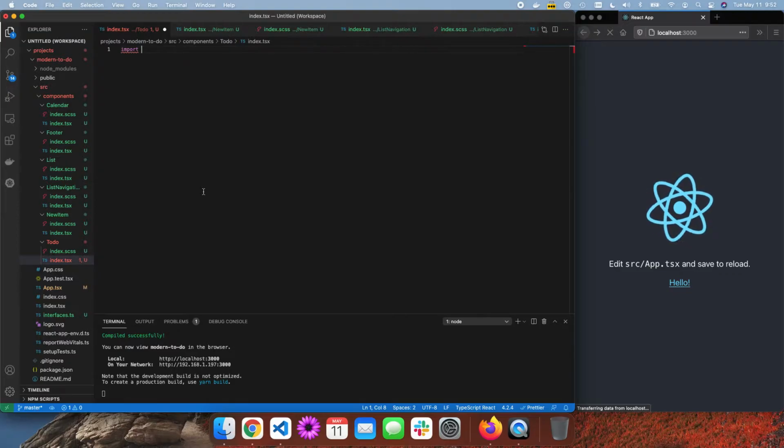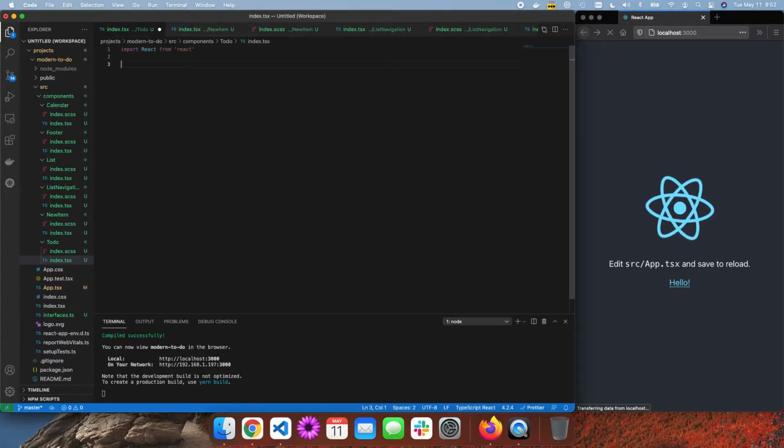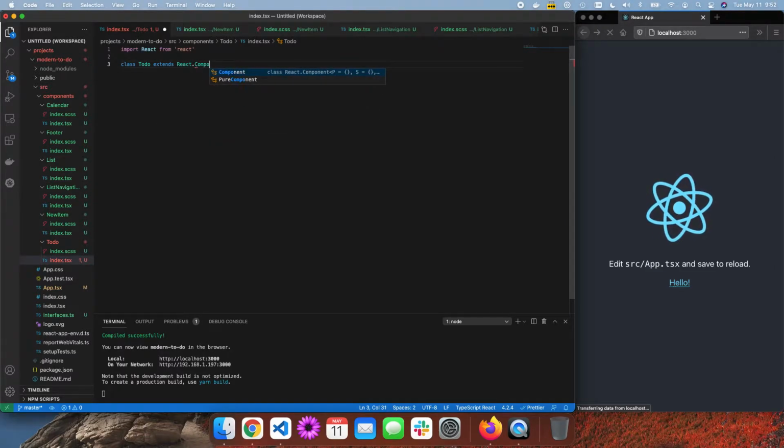So we're going to import React from React, and we're going to define class ToDo, which extends React.Component. So we're choosing class over functional component because we're going to be defining some state on this component, and also lifecycle, componentDidMount,